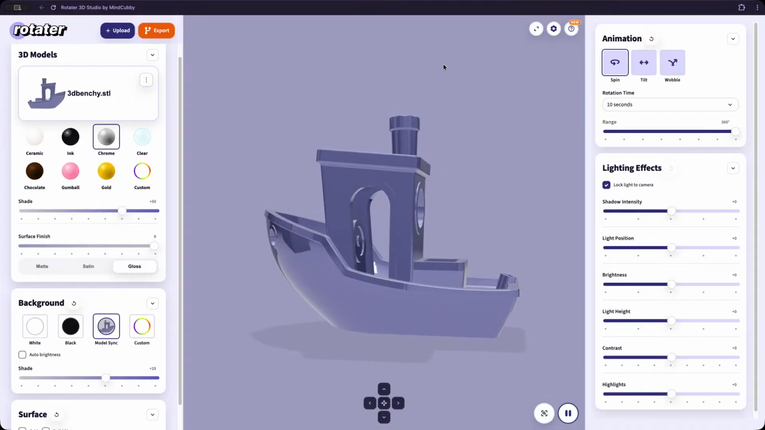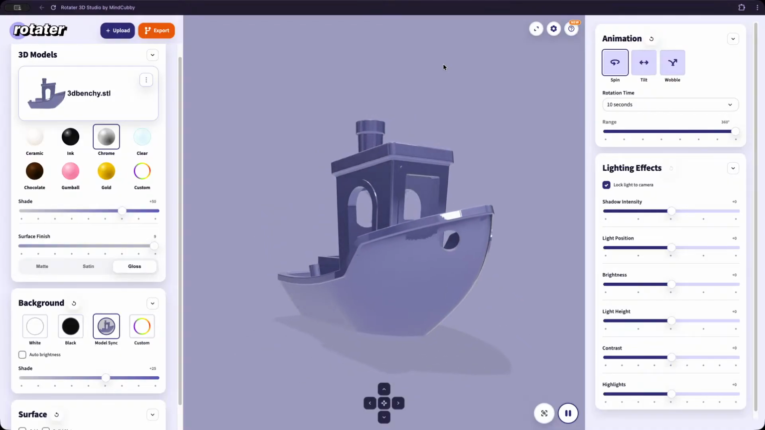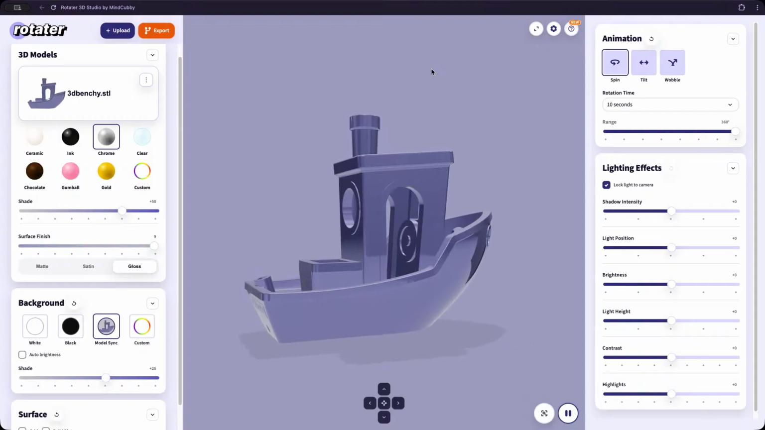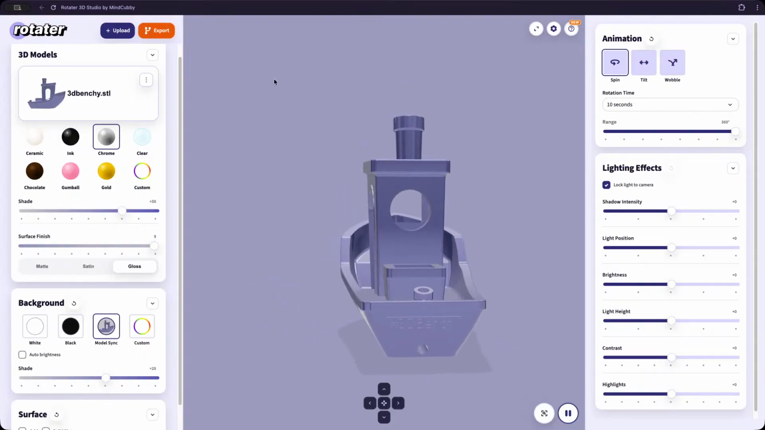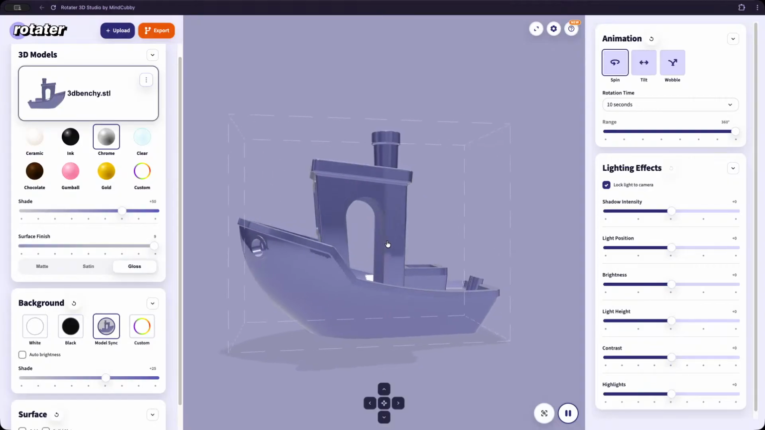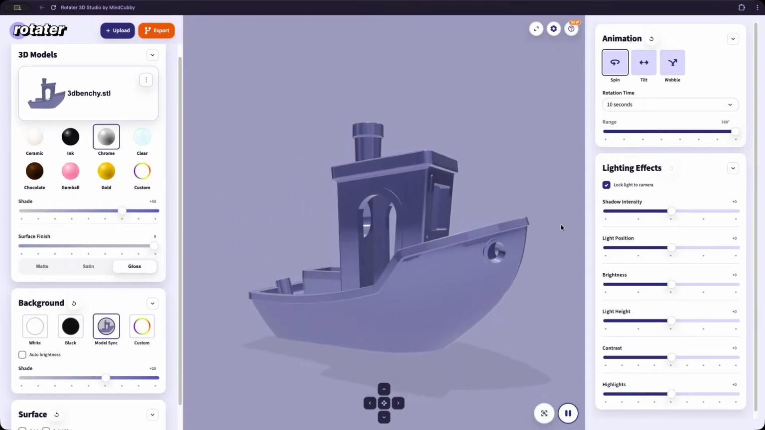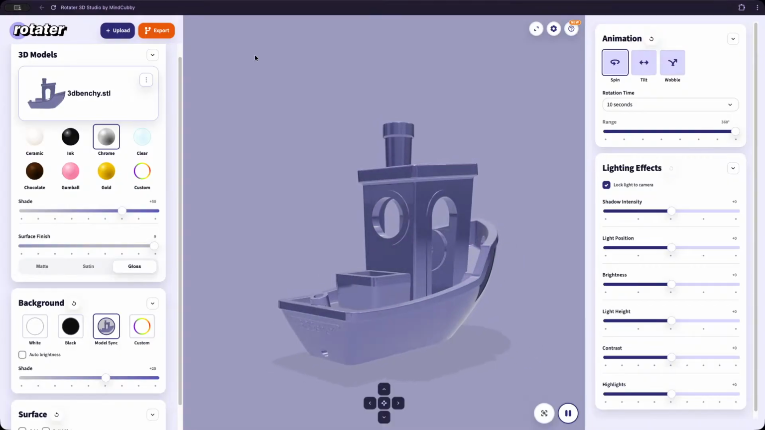Here's a demo of the rotator app I've been working on. So we start with a benchy model that, if anyone goes to the URL,